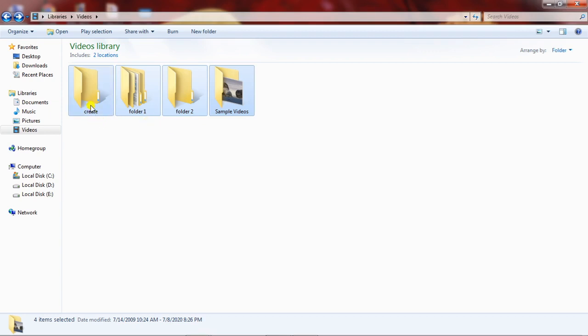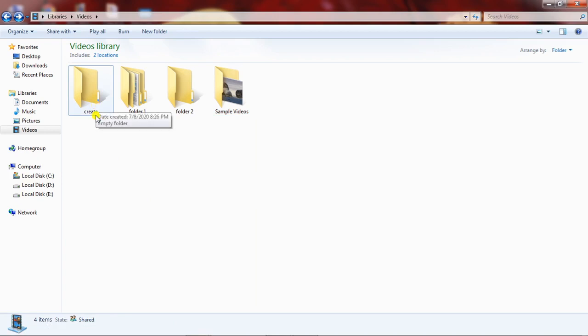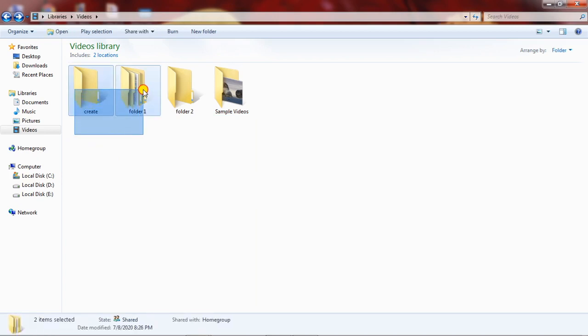When selected, they become highlighted with blue color. Again, press and hold the left mouse button and drag over whichever files or folders you want to select. If you want to select a single file or folder, just click it and it will be selected. If you want to select multiple, do the same thing I said.